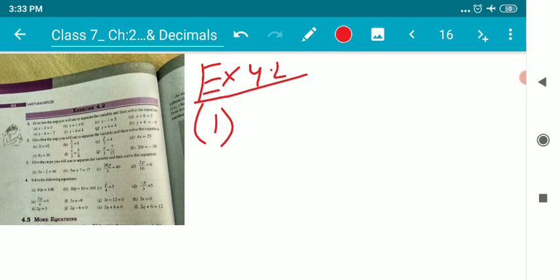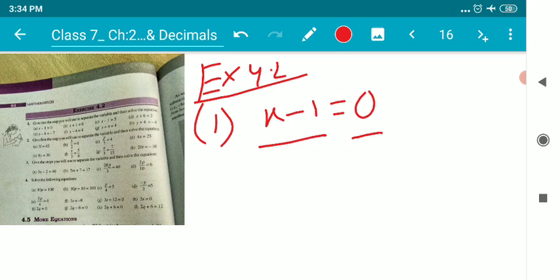Question number 1. What is question number 1, children? Give the first step you will use to separate the variable and then solve the equation. We are given an equation, x minus 1 equal to 0. So our first job is to observe this equation very carefully. On the left hand side of the equal to sign, we have x minus 1. And on the right hand side, we have 0.